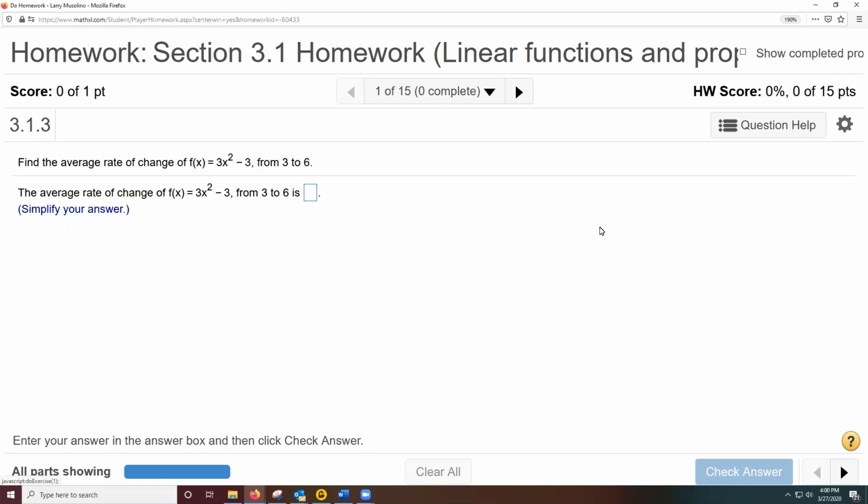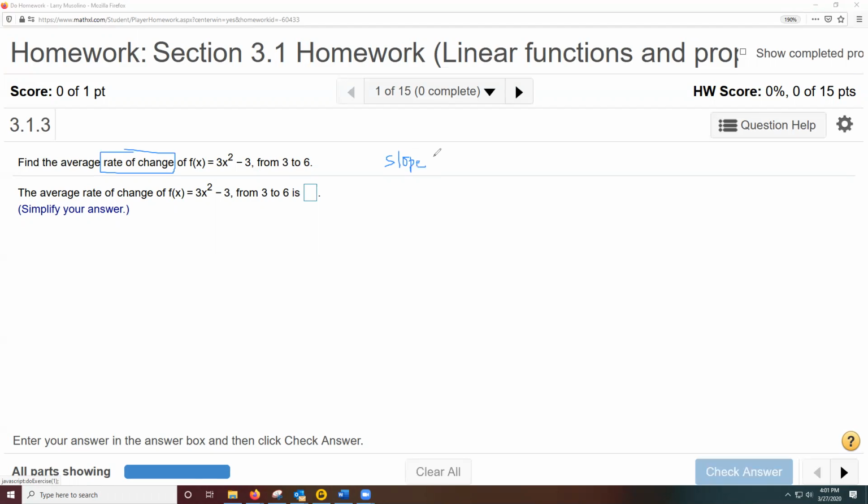It's asking about the average rate of change of a function from the point 3 to 6. All right, well, for this question, we really want to understand, what does average rate of change really mean? What are we being asked to find here? Well, when you see rate of change, it really means slope. So whenever you think about slope, it can also be expressed as a rate of change. Now, let me remind you that slope,